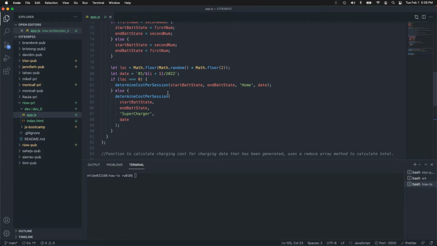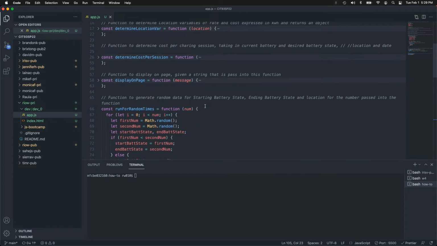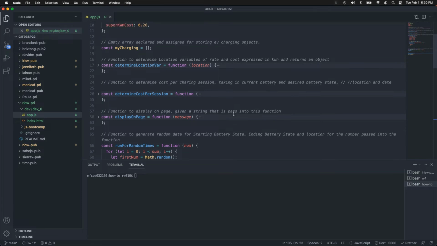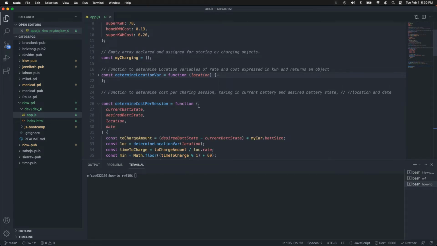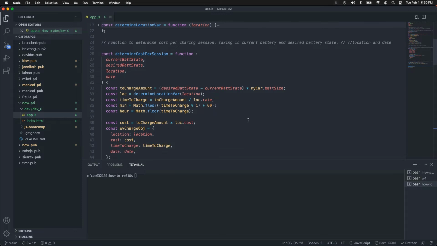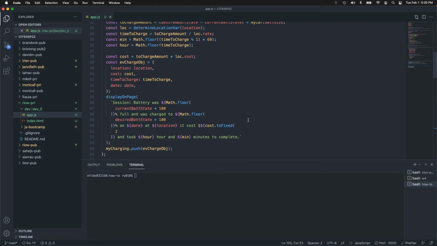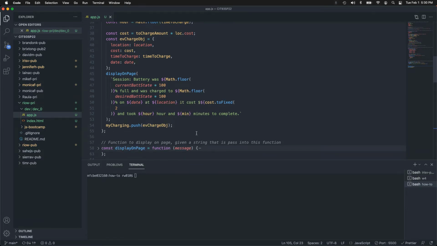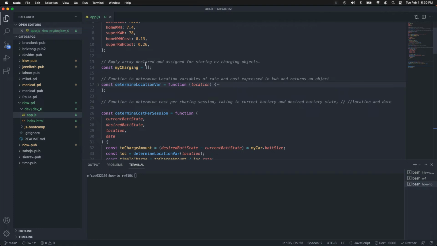And then I call determine cost per session, which is up here. And then you still have display on page. So this is really determining the cost right here. And then I set up that object, and then I push that object into that empty array.